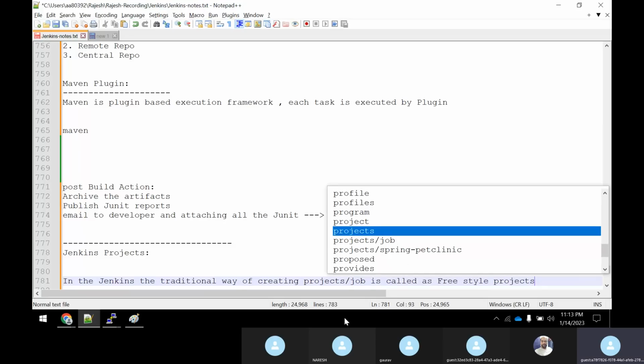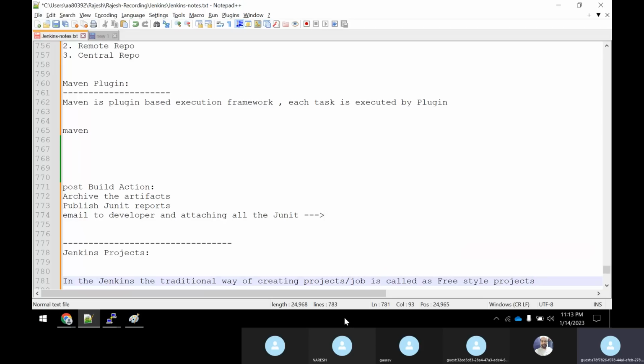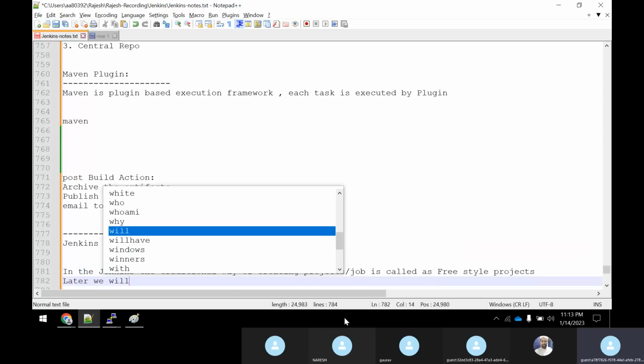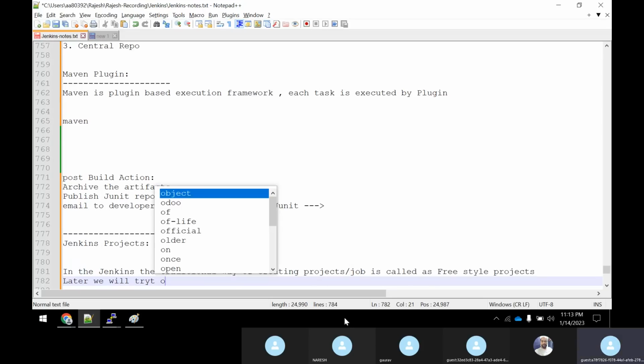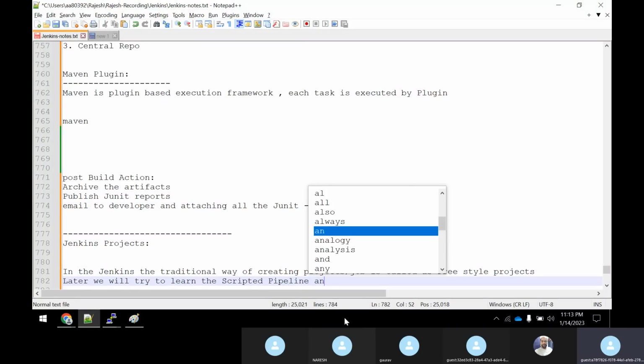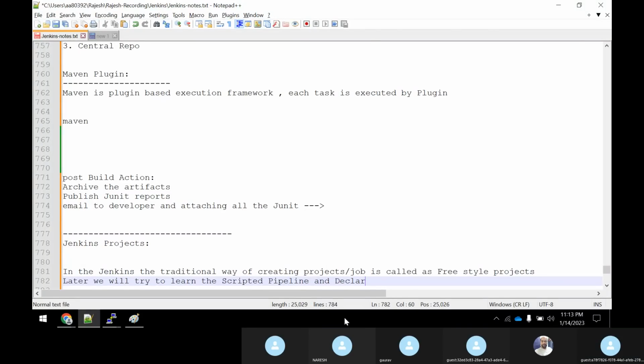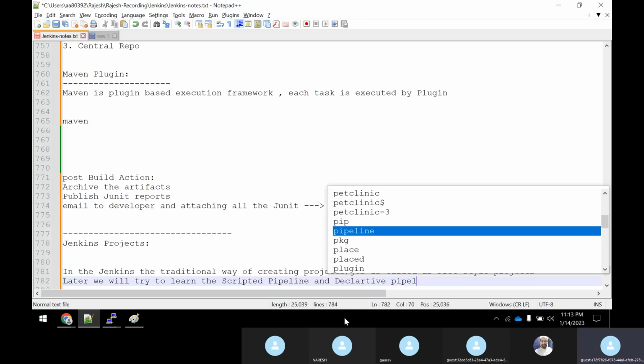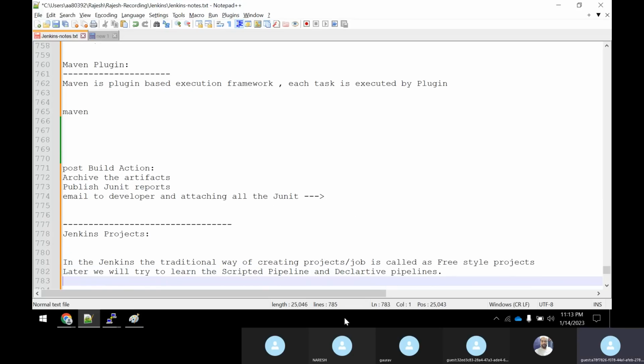Later we will also see the scripted pipeline and the declarative pipeline. We will be learning that.